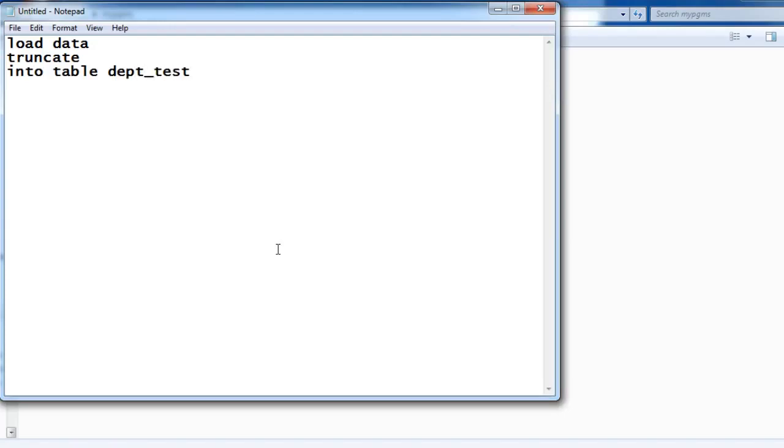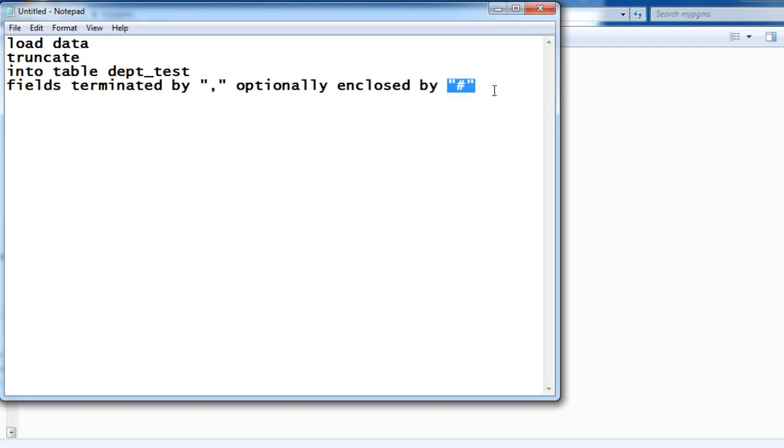Then after that I'm going to say fields. As this is a CSV file, I'm going to say fields terminated by comma, and you can give another thing called optionally enclosed by hash, because if this comma is not available, if hash is there, then it will consider that as a delimiter.